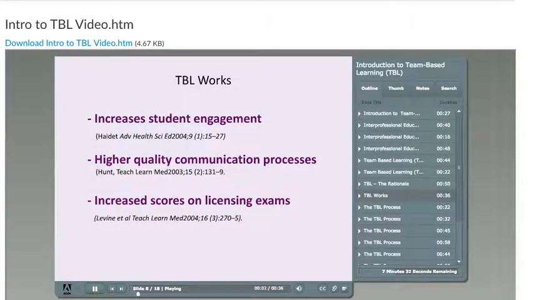As a teaching and learning methodology, TBL is well established and has several demonstrated benefits. It promotes active learning and increases student engagement with the learning process. Students involved in TBL demonstrate higher quality communication processes, exactly the sort of processes that improve care and reduce errors. Students in TBL actually scored higher on assessment tests than did students taught the same material by traditional methods. For these reasons and more, your faculty have selected TBL as the methodology in which to structure your interprofessional education